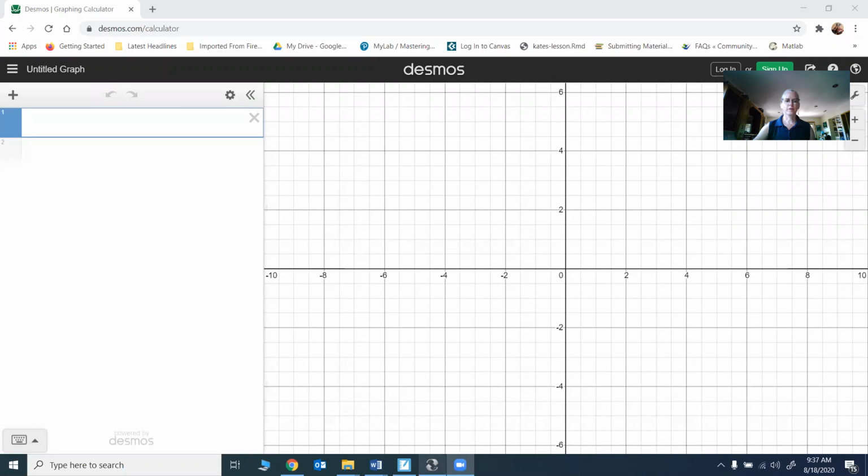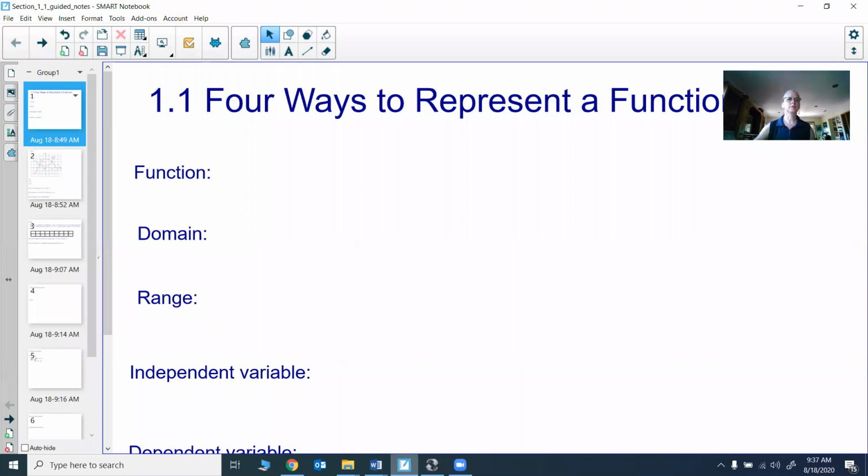Hello, this section is on section 1.1, 4 ways to represent a function. First thing to talk about is what is a function? A function is just a rule